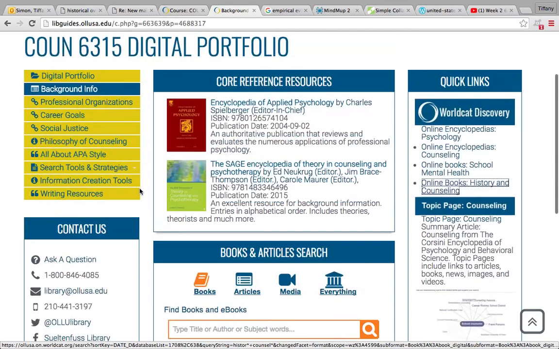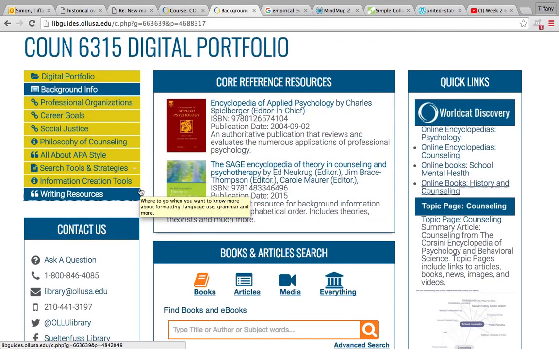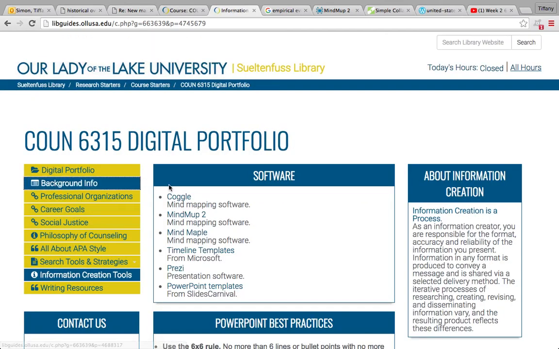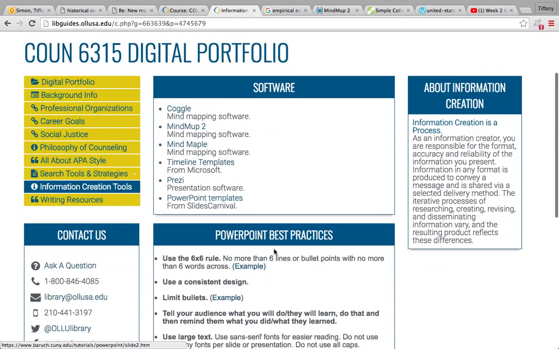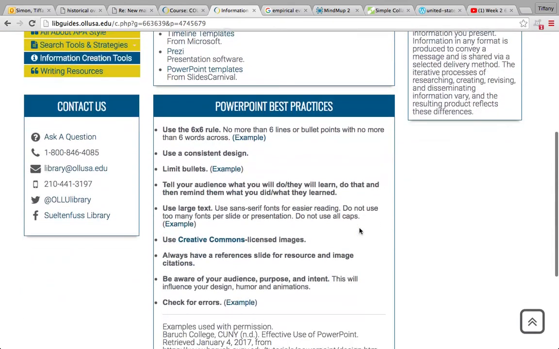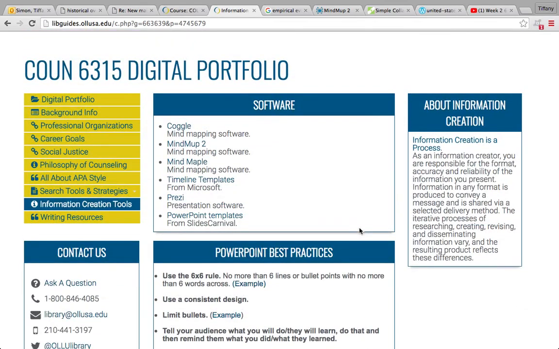So this one has been customized for this particular course. She has the Kugel, the Mind Map, the Mind Maple, timeline templates from Microsoft, Prezi, and PowerPoint templates. There's additional software information here, and information about PowerPoint, so there's tons of information already available for you within this course itself.